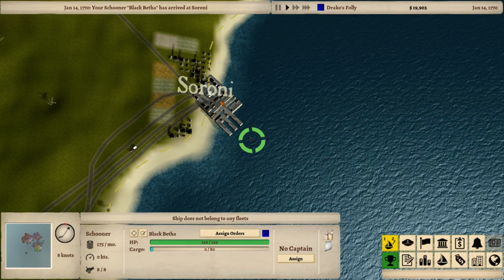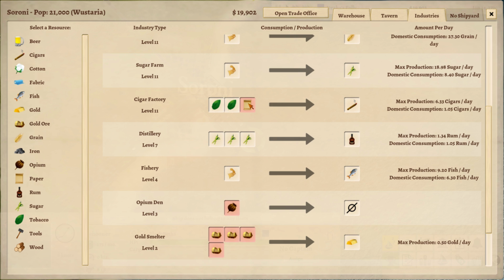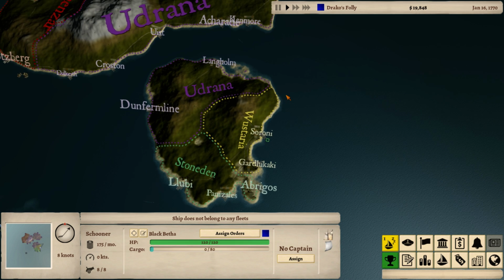Okay, so we're in Saroni. Now let's see if I can source some cigars. Apparently I can't. Great. I want those cigars, goddammit. Ah, you can see that they are out of paper. If I could source them some paper, they'd actually be able to give me some cigars. So that might be a thing. But I don't think I'm actually going to do that